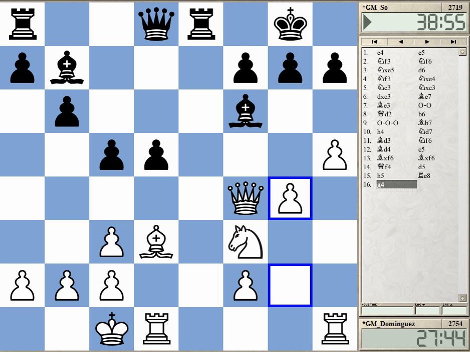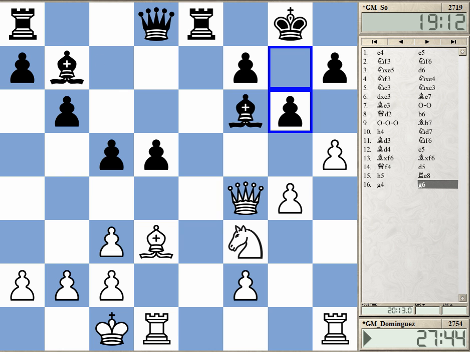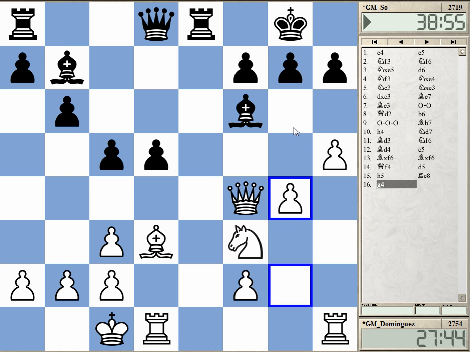And now it's black's turn. He needs to defend precisely, and I think that exactly the next move that Wesley So is playing is already the losing one. It's already very tense, this position. He played g6, which